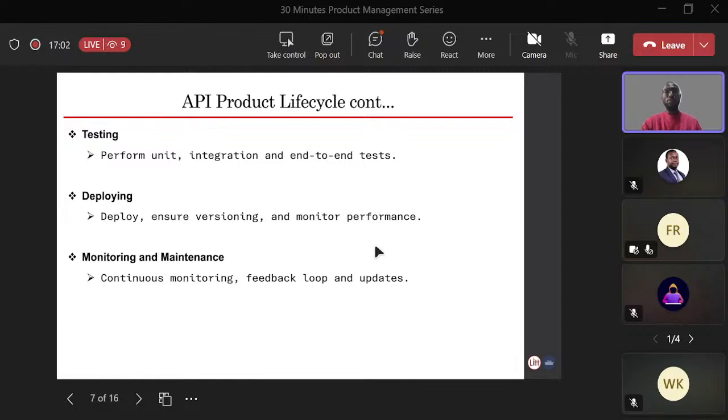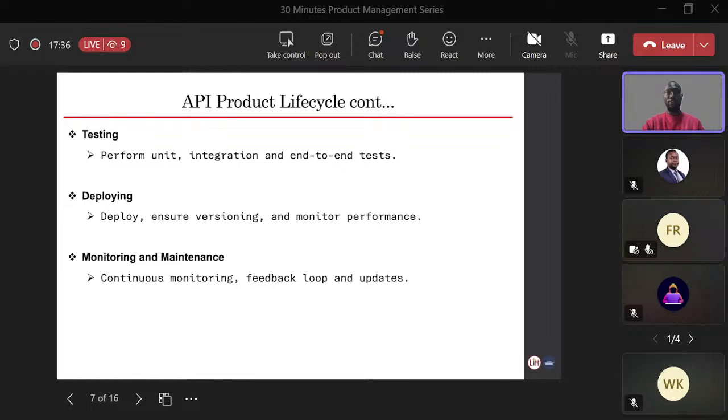As you are implementing the APIs, you also have to be testing them, because you don't want to finish everything and then push it out there, and when people are using it, you see that there are bugs and errors in the implementation. As and when the development is going on, you are also doing your testing. I think the last time, in the 30 minutes product management, we talked about DevOps in software development.